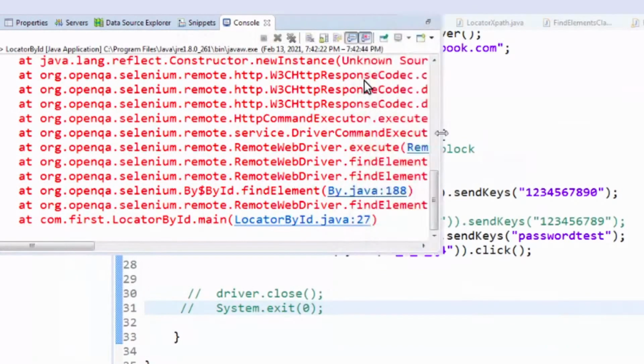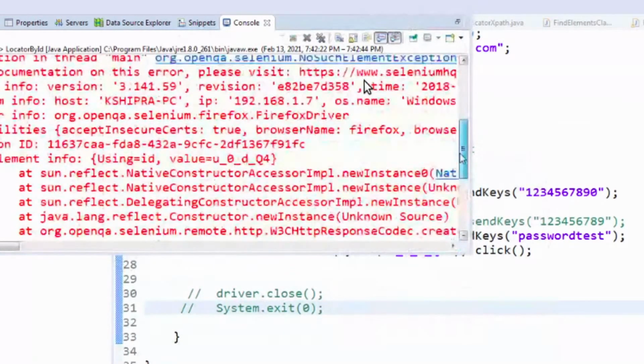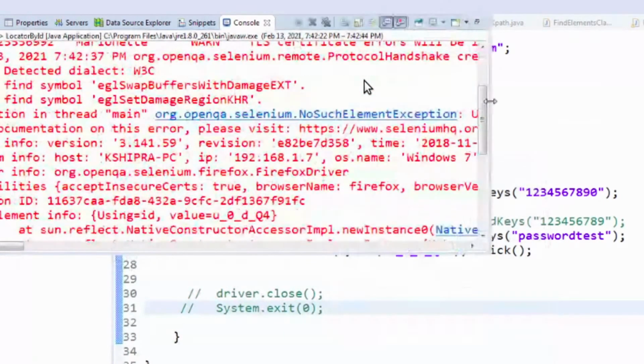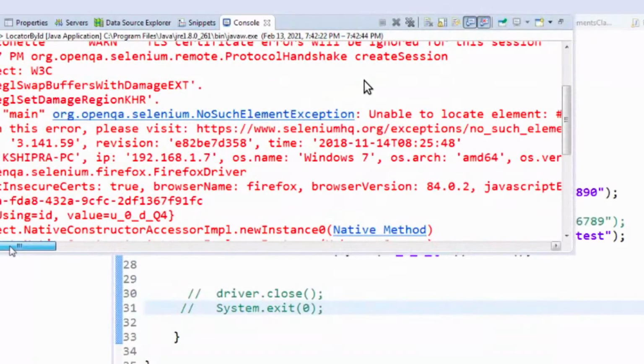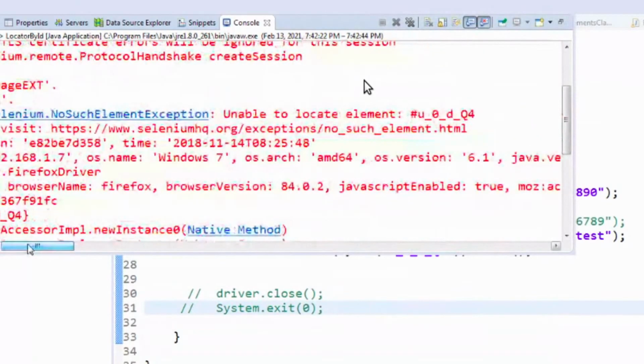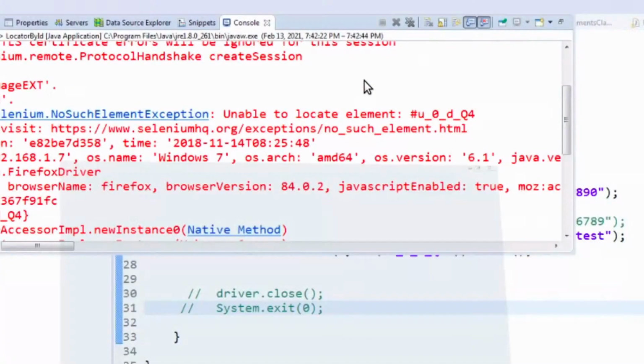We are getting this exception: org.openqa.selenium.NoSuchElementException. As we discussed a minute back, on every refresh we are getting a different ID value. Obviously, when Firefox is running, it has some different value. We can see in the code